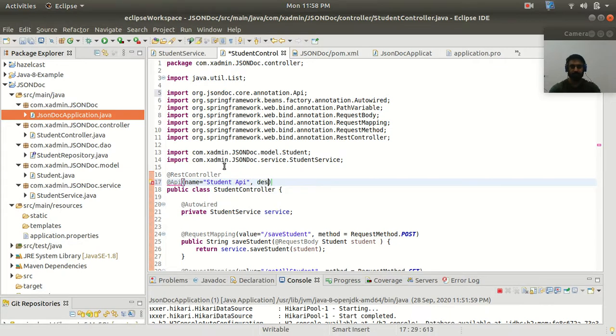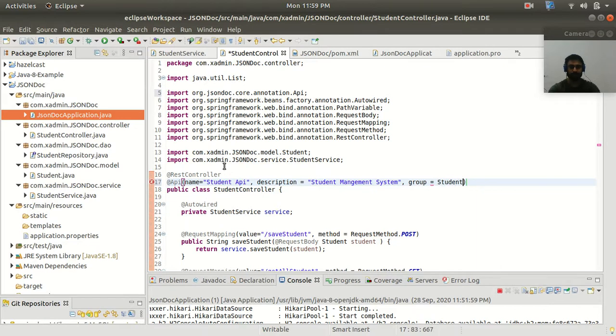Now let's add some description. In the description I will put student management system. Now I am going to put a group, inside which group it is going to be added.